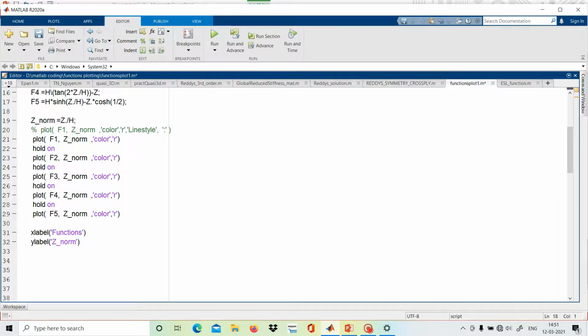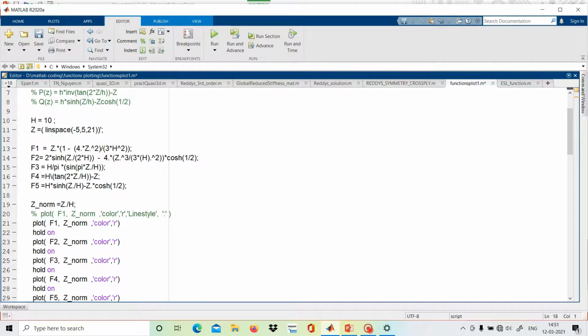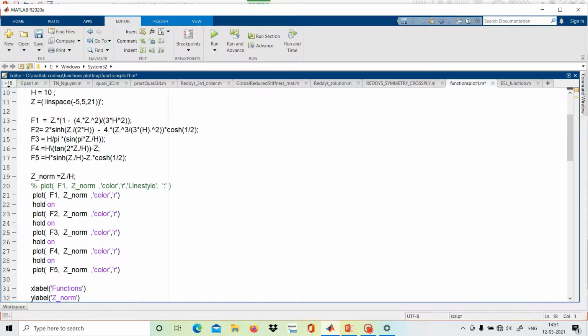Okay, G by H. We have plotted F1, F2. Color we can change, or maybe the color may be automated. So we can remove the color also. It's not required.